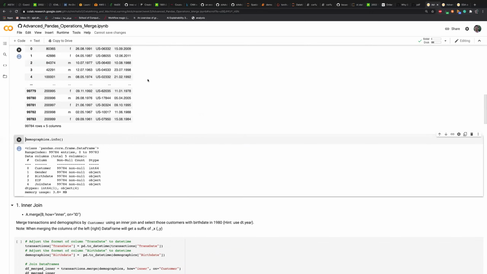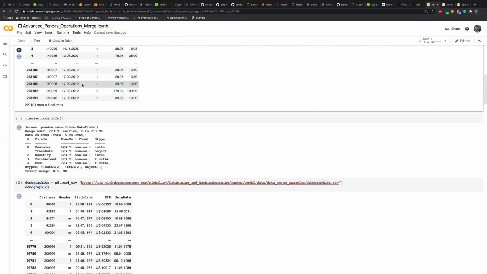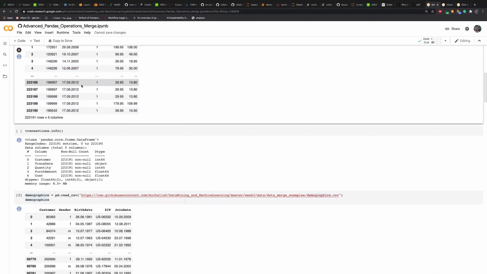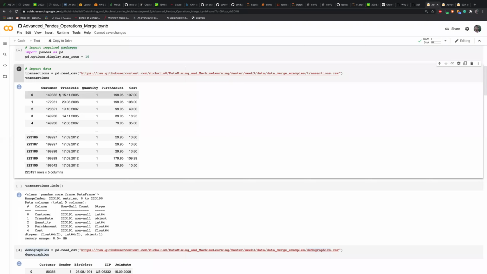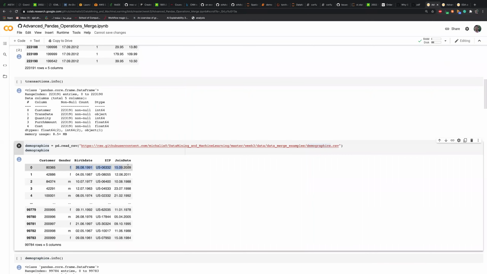For example, let's say that I want to merge these two data frames so that I have a single data frame that not only contains the transaction data of each customer, but also contains the private data of each customer at the same time. So if I want to have such a data frame, I should do a join, okay? But the first question I have to ask myself is on which column I have to do the join, which means, is there any identifier in these two data frames,